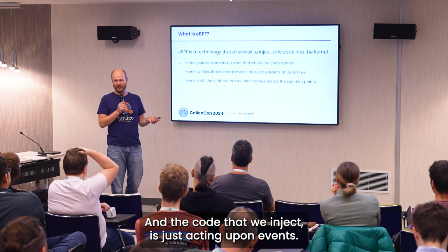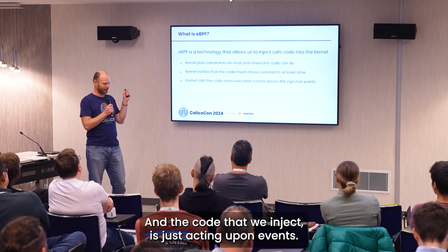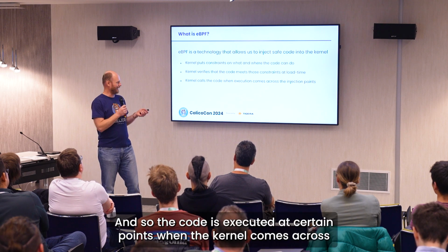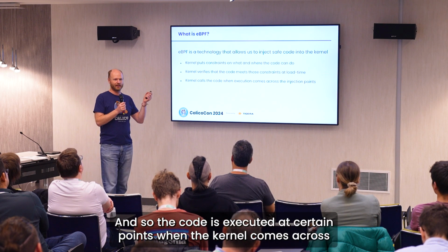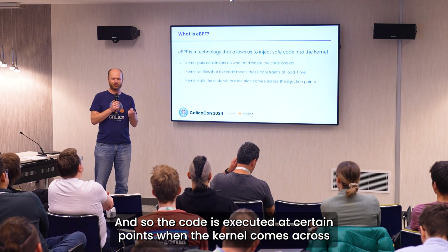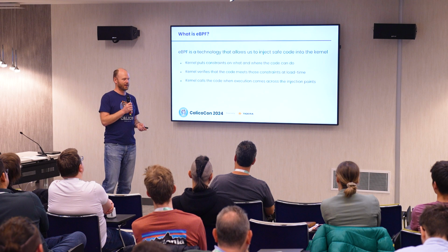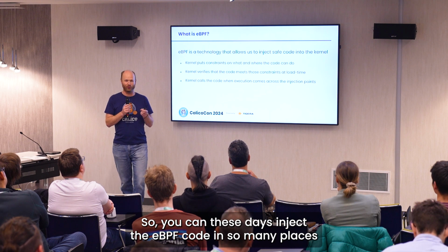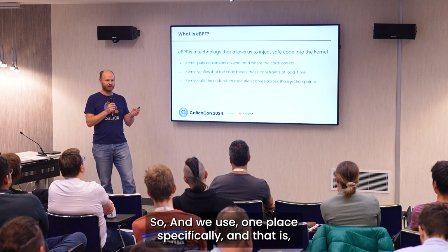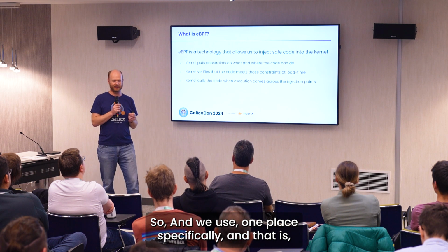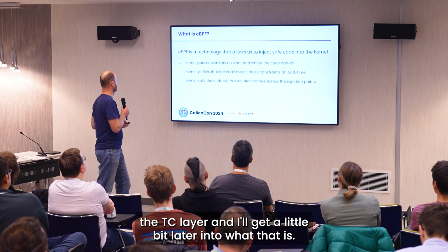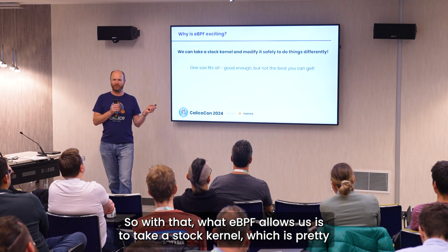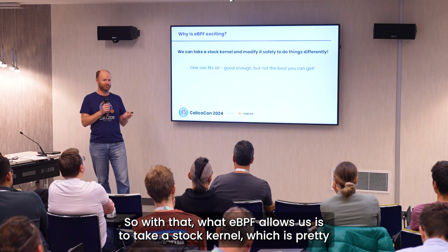And the code that we inject is just acting upon events. Essentially, the whole kernel acts on events. So the code is executed at certain points when the kernel comes across the points where the code is injected. These days you can inject eBPF code in so many places, I can't even list them all. We use one place specifically, and that is the TC layer, and I'll get a little bit later into what that is. So with that, what eBPF allows us is to take a stock kernel, which is pretty good